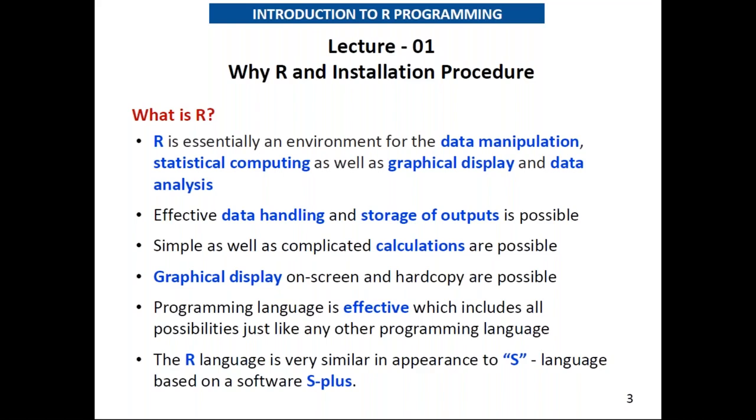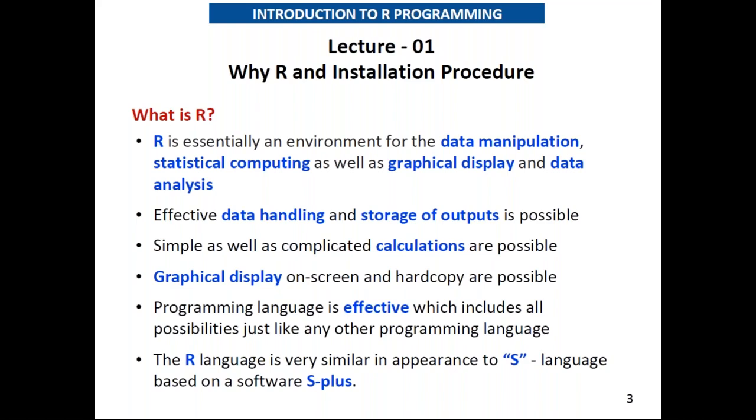If you want to perform some operations on data, it may be an insertion, a deletion, a modification, etc. And statistical computing, computing various statistical functions on data.